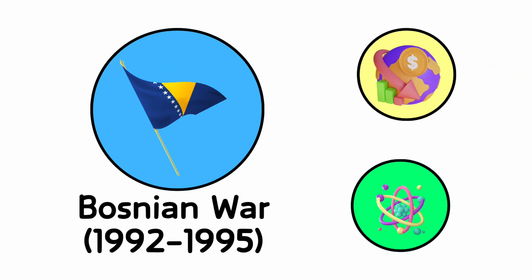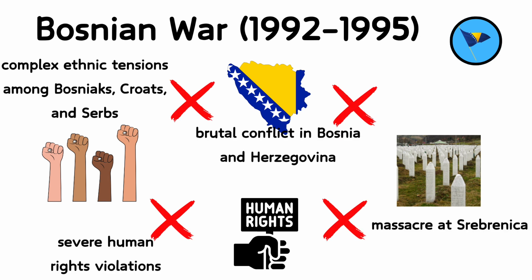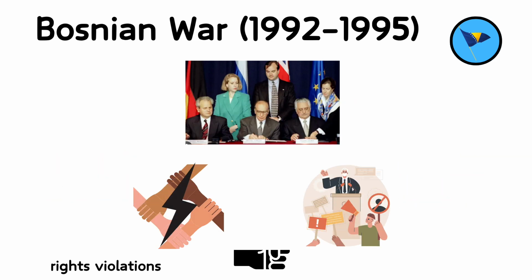Bosnian War, 1992 to 1995. The Bosnian War was a brutal conflict that took place in Bosnia and Herzegovina after it declared independence from Yugoslavia. The war was characterized by complex ethnic tensions among Bosniaks, mostly Muslims, Croats, mostly Catholics, and Serbs, mostly Orthodox Christians. The war involved severe human rights violations,